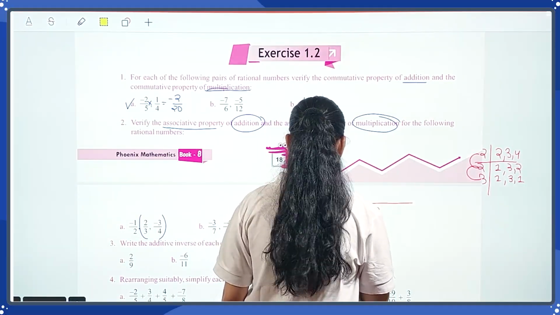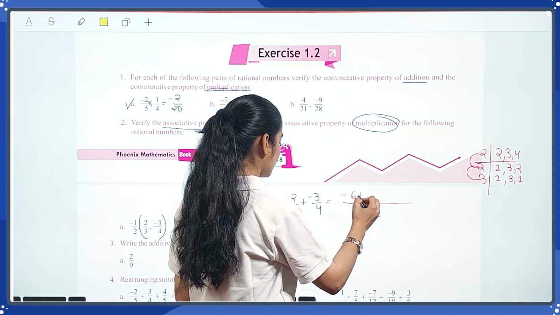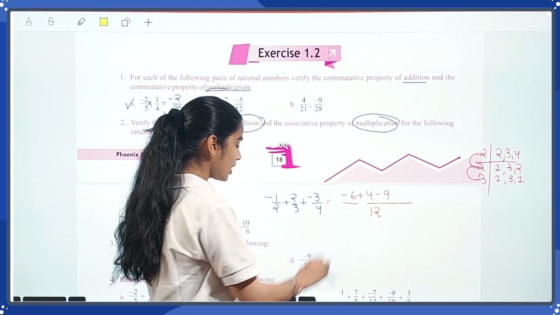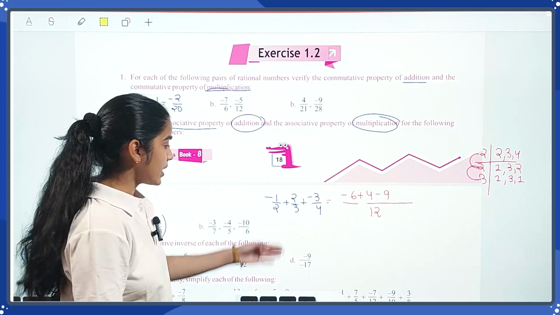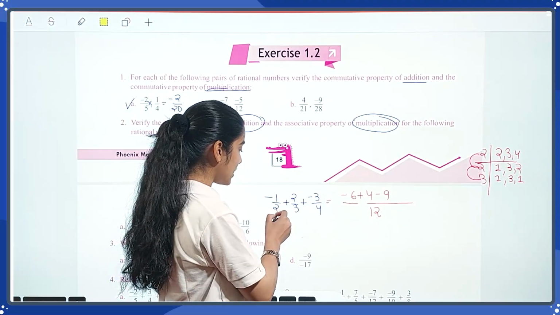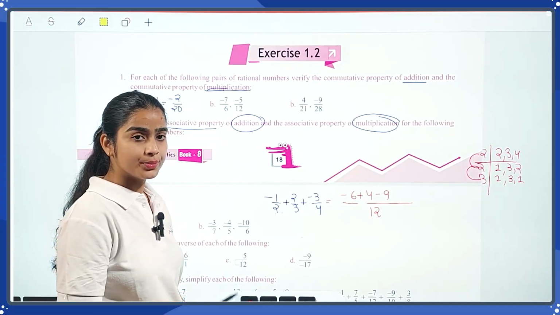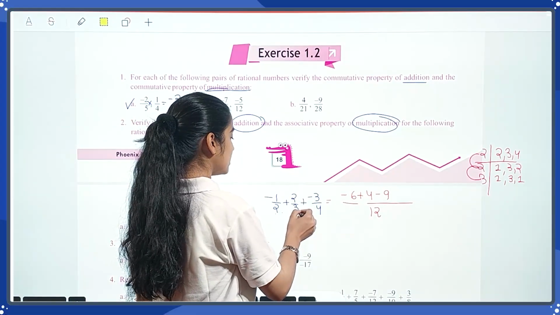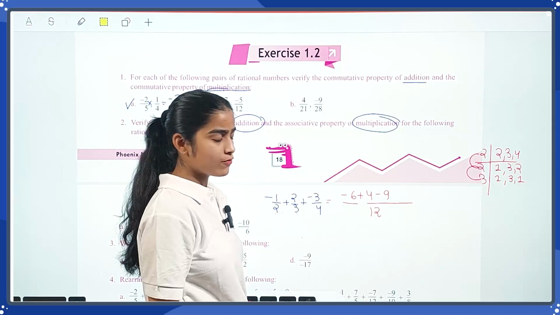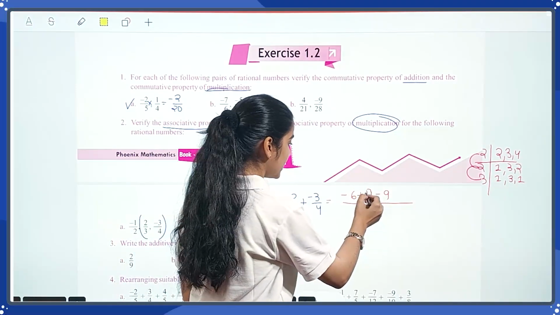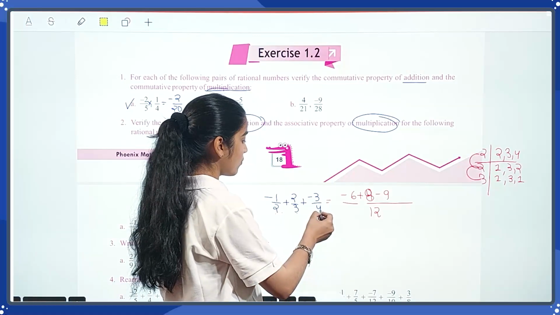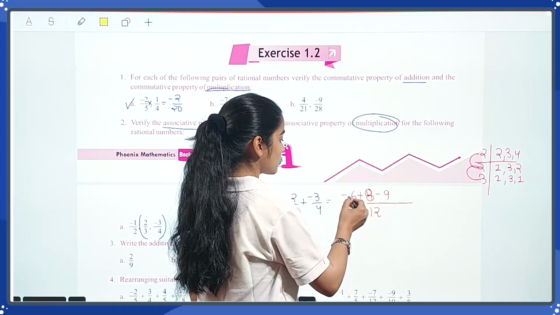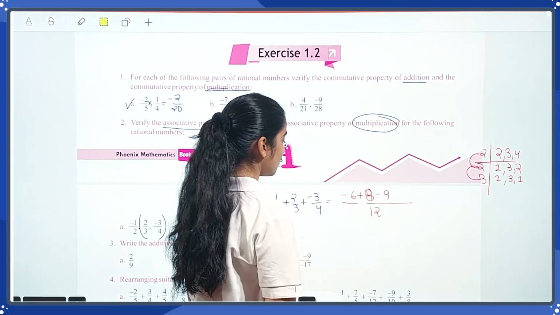Now minus 6 plus 4 minus 9. To convert our denominator to 12, we have to multiply 2 with 6. If I multiply 2 with 6, the same I have to do for the numerator as well. Minus 1 multiplied by 6 is minus 6. Then 2 by 3, in 3's table 12 comes at the place of 4. So 2 multiplied by 4 is 8. Okay, next we have 4. In 4's table we get 12 at the place of 3. So 3 multiplied by 3 is 9. So minus 6 plus 8 minus 9 is minus 7 by 12.